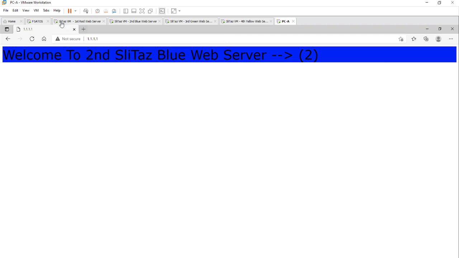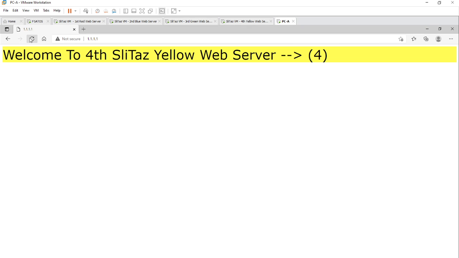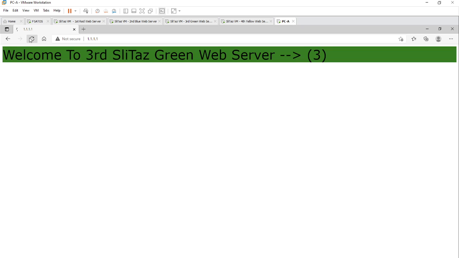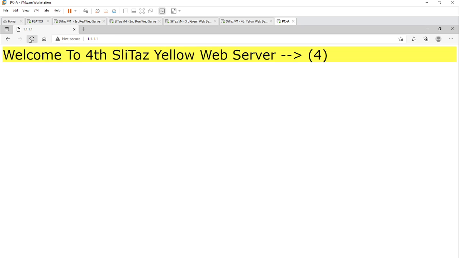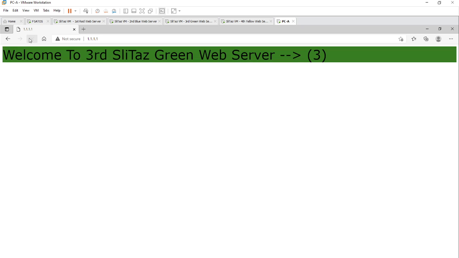Now if I go to the browser, then refresh it, can you see that? It is not going to blue at all. Why? Because the condition is not matching. The else condition is matching, which means if the source IP address, the remote address, is not 192.168.1.23, that's the reason the requests are being forwarded to yellow or green, but not to the blue.